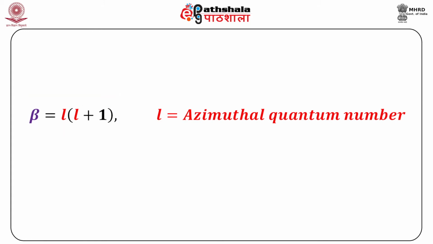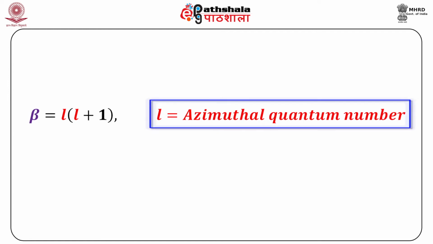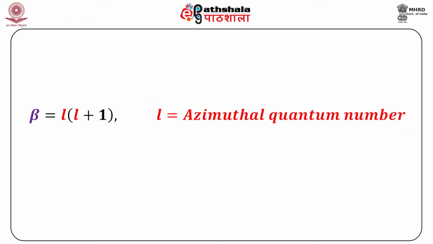This equation we will also encounter in the case of the hydrogen atom later on. And if you remember, this azimuthal quantum number comes from here, just as from the phi equation, in the context of the hydrogen atom, we get the magnetic quantum number. Similarly, in the case of the theta equation, L comes here, and L we know is called the azimuthal quantum number. We will discuss all these details in the solution of the hydrogen atom.